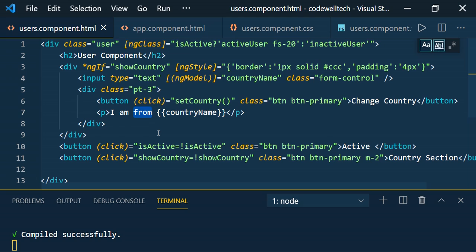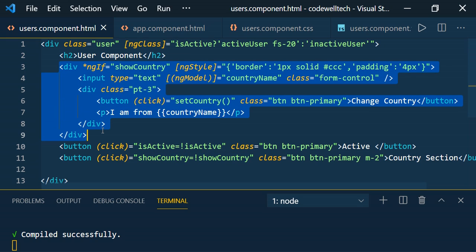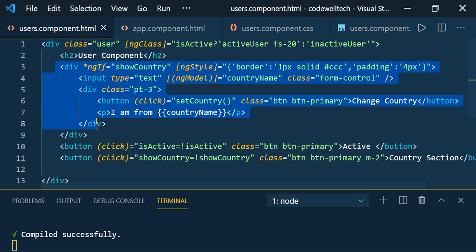So how does it work? With ngIf showCountry, whenever the showCountry value is true, it will keep this in the DOM. And whenever showCountry is false, the ngIf directive will remove this entire div from the DOM. As I said earlier, structural directives add or remove elements to or from the DOM.